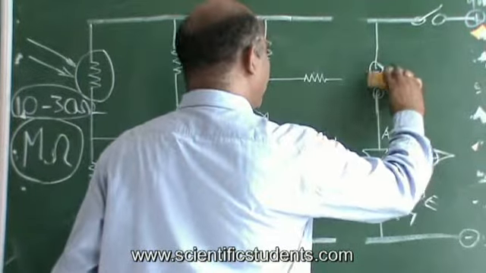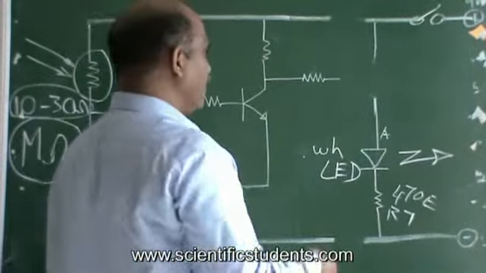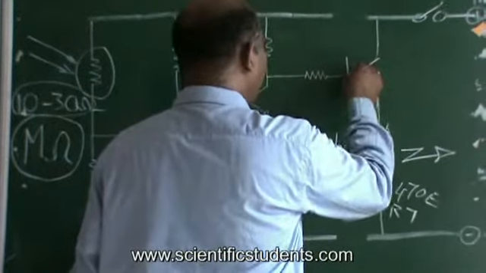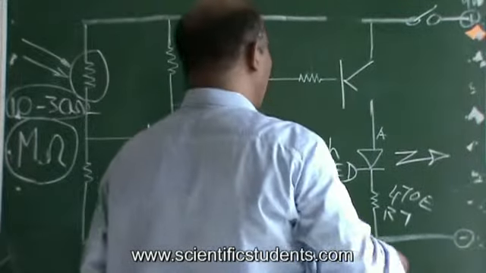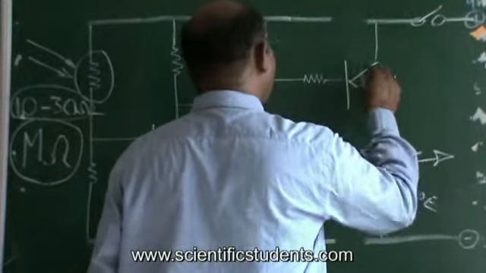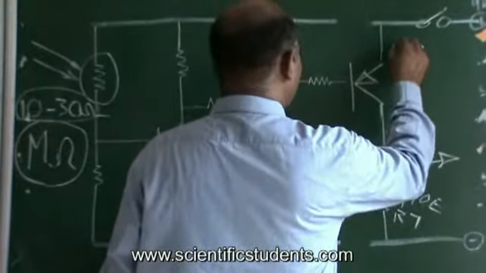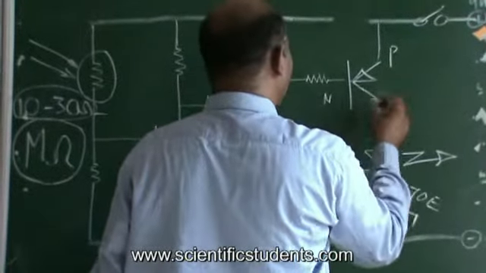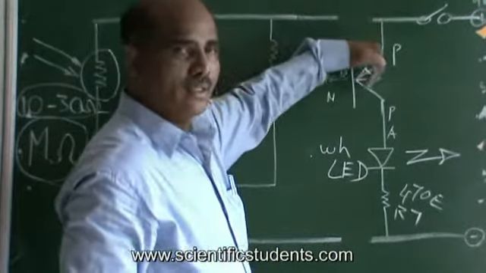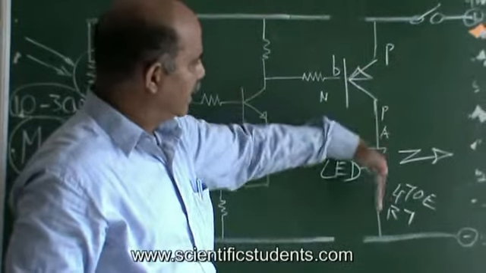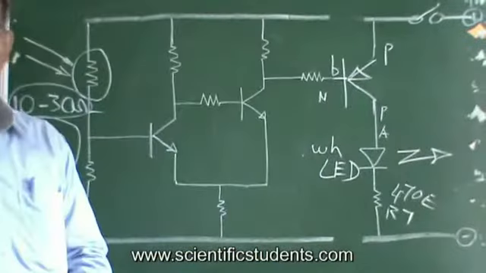So what did we do here? Instead of our regular mechanical switch, what switch are we using now? An electronic switch. What electronic switch do we have? A transistor. Here the kind of transistor I am using is a PNP transistor, and this is the base. Electrons enter here, come out of this and go here, as it is a PNP transistor.